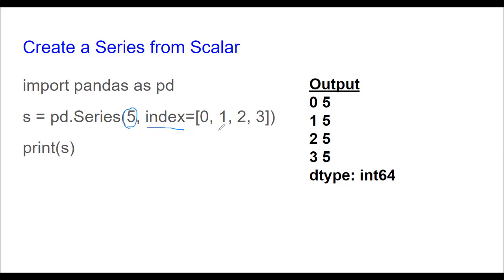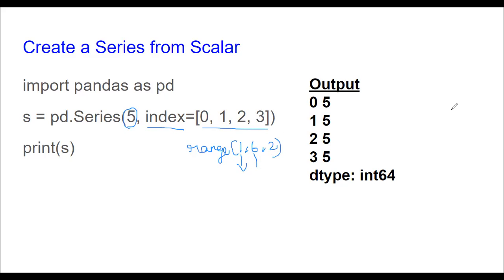So index is equal to 0, 1, 2, 3. So these many times the same value will repeat over there. So here instead of this you can use the range function also. Like index is equal to range of, for example, 1, 6, 2. So when I'm giving like this, this is my starting value and the end it will take is end minus 1, n minus 1. So 1 to 5, in between 1 value it will skip.